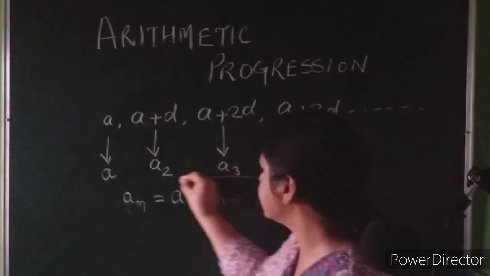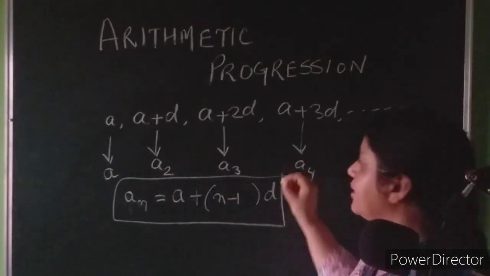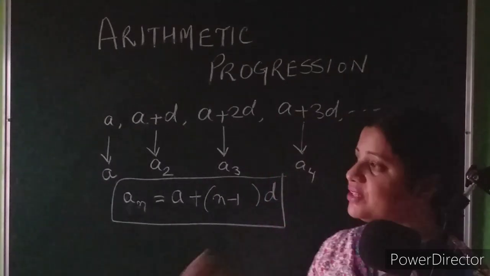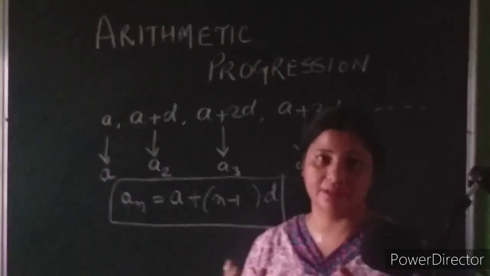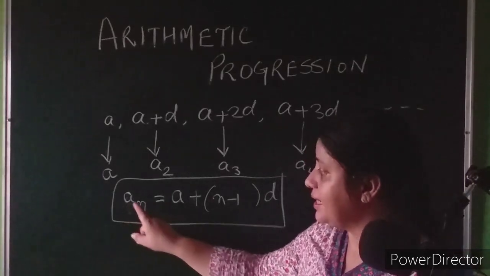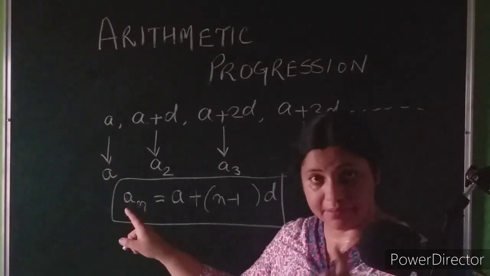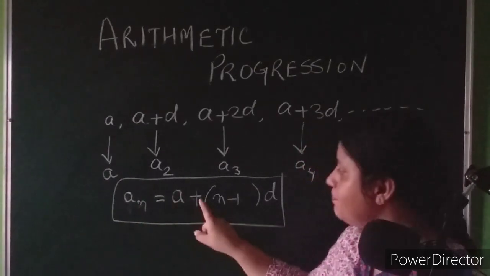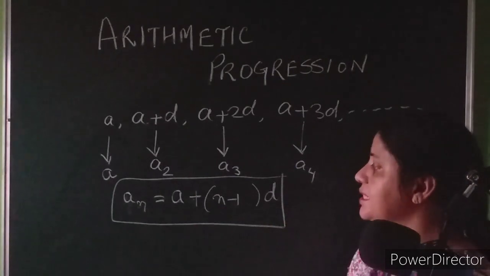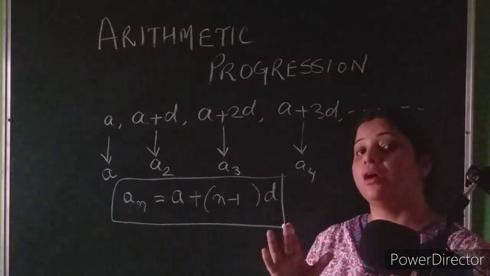And that formula is the formula of the general term of AP. This is called the general term. You can call it the last term, you can call it the 50th term, 1000th term, any number of terms. Okay? Now, let us see this formula again. An means the nth term, and an is equal to A plus, bracket starts, n minus 1 into d. This is our most important formula of the general term.